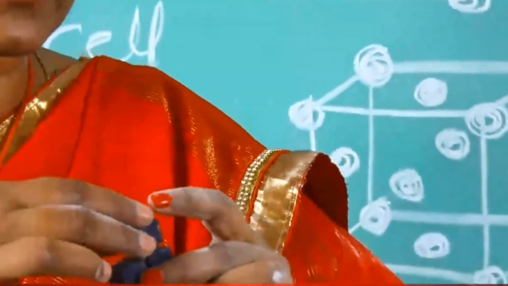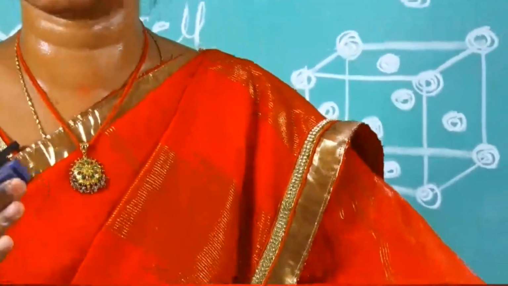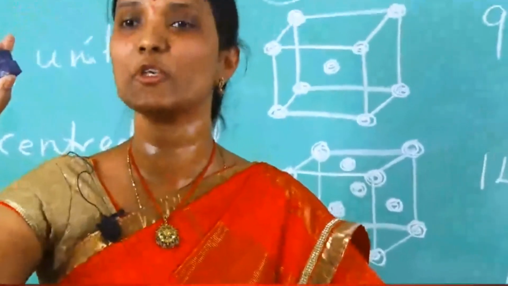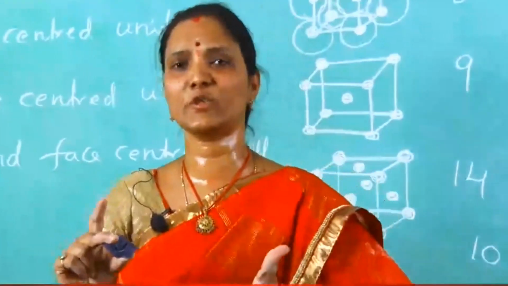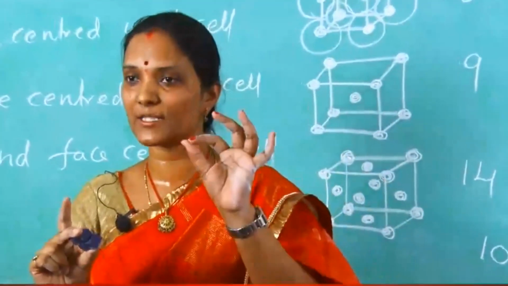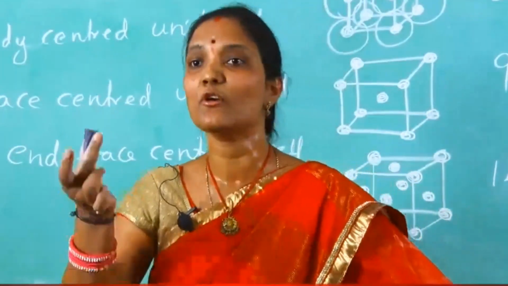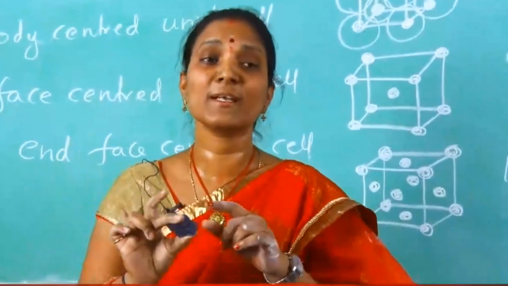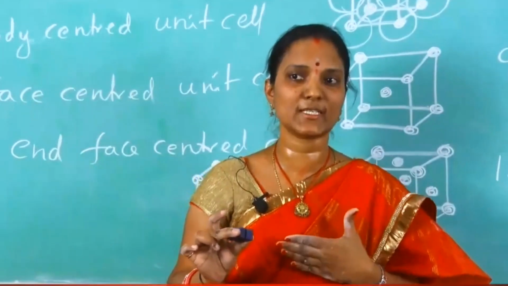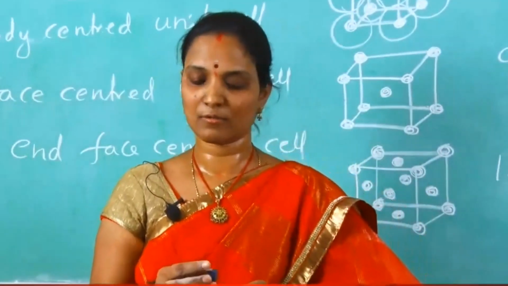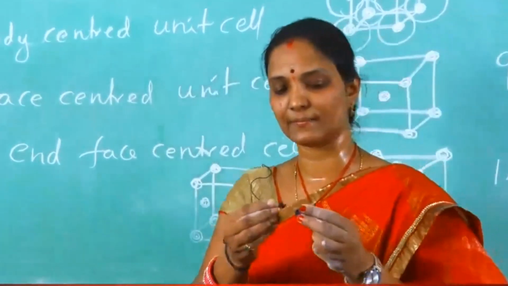Now one more unit cell here I am placing. One more unit cell here. Now that laddu is completed. So how many unit cells can share? 4 unit cells. At home you can try this once again. If the particle position is corner, 8 unit cells can share. If the position is edge center, 4 unit cells can share. For each unit cell, how much are we getting? 1 by 4. Yes or no? For each unit cell, 1 by 4. Now, one more roti completed. Now, the position of the particle is here.